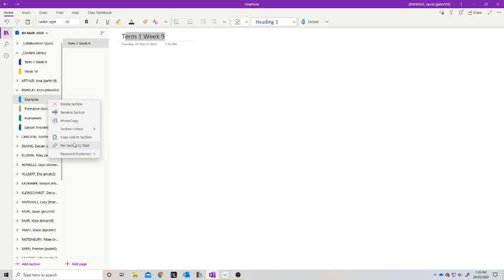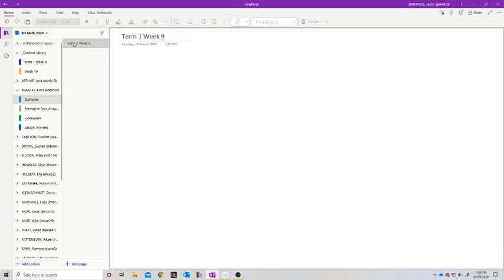The best way that I've sort of seen it is to create different sections here, and you could write instead of just examples, you could have term 1 examples and then have all the pages here. We're just going to leave that for now, and if your teacher has a specific way they want you to organize the notebook, they're going to go through that with you. But for now, we'll have term 1 week 9, and this is where we're going to do all of our